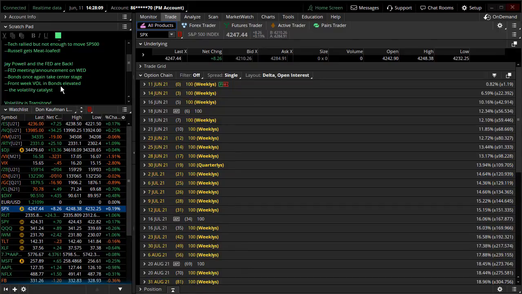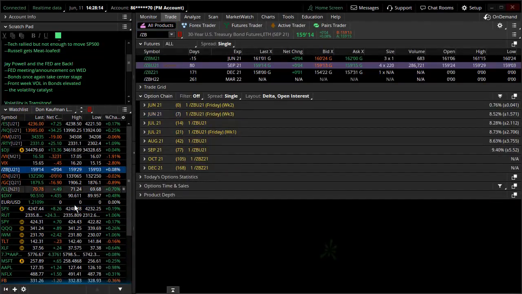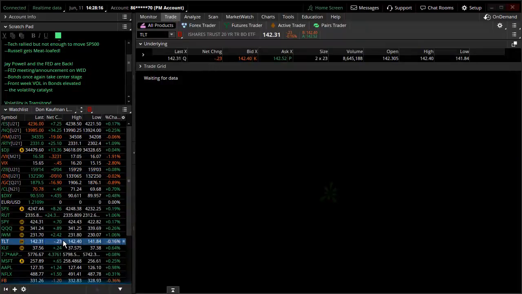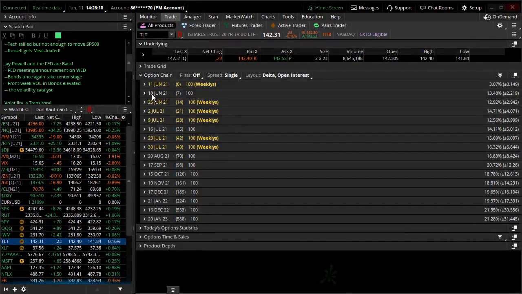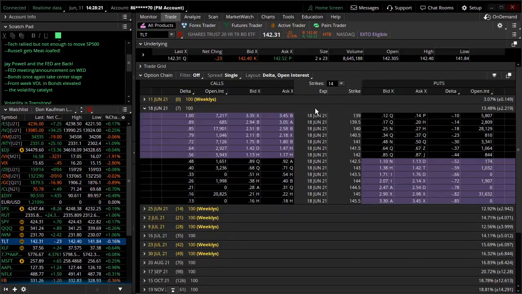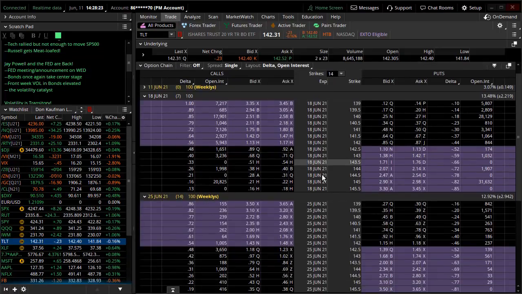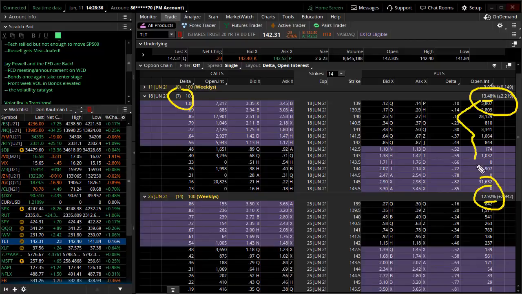The bonds, though, they're going to take center stage. And I cannot stress this enough. When I say the bonds are going to take center stage, another way to display this is to look at the TLT. Now, I did this past week, and I'm going to do it again. Why? Because the bonds, once again, their volatility is in a degree of backwardation. Look at this 7-day volatility, it's already jacked to 13.48%. Back week vol has already dropped to 12.92, and you're going to see a much larger deviation between front and back as the week actually starts.